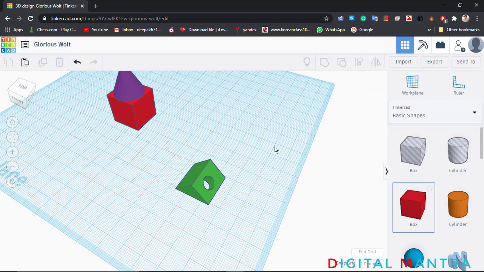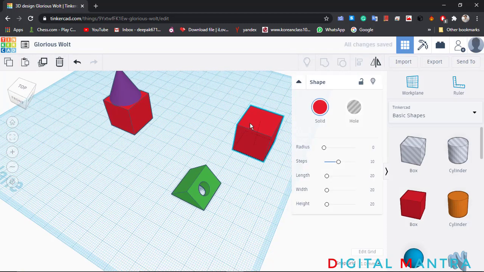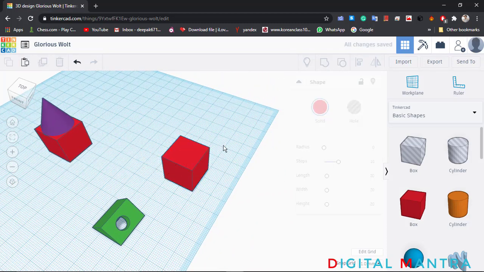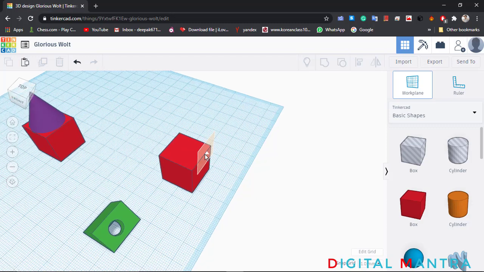I will give you one more example. If you want to create on this edge, it is also possible with the help of the work plane. Suppose you want to create on the top, front, or side view plane, that is easy. But what if you want to create on this line, this edge? For this, select a plane, work plane, and then place it here. Wait a minute. Let me zoom it out.